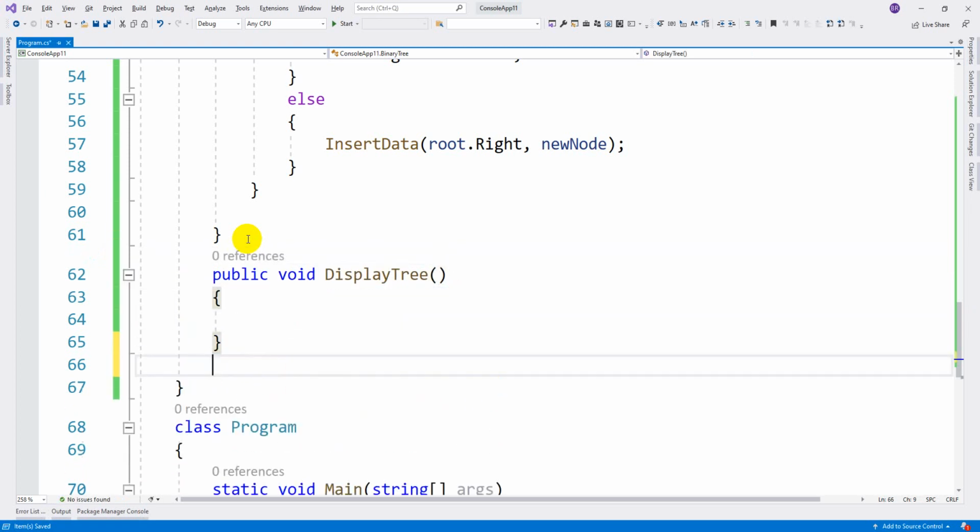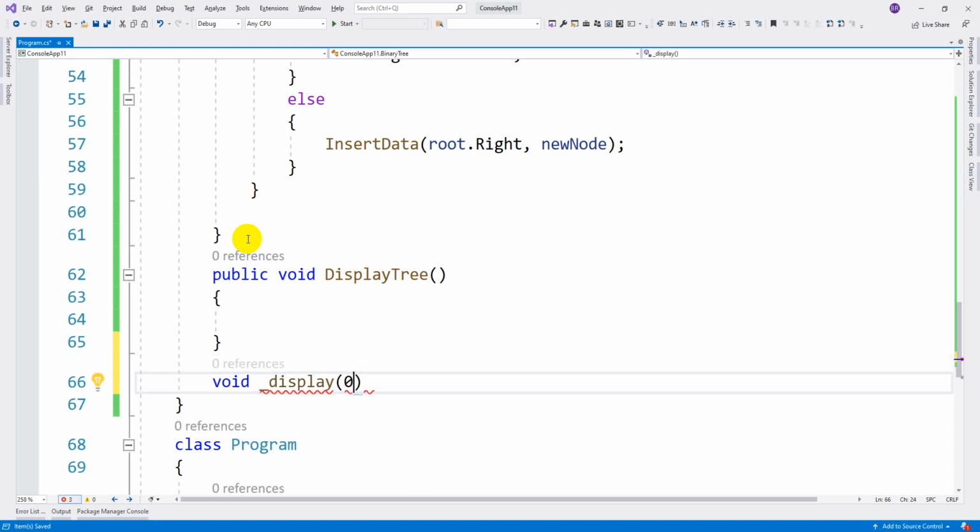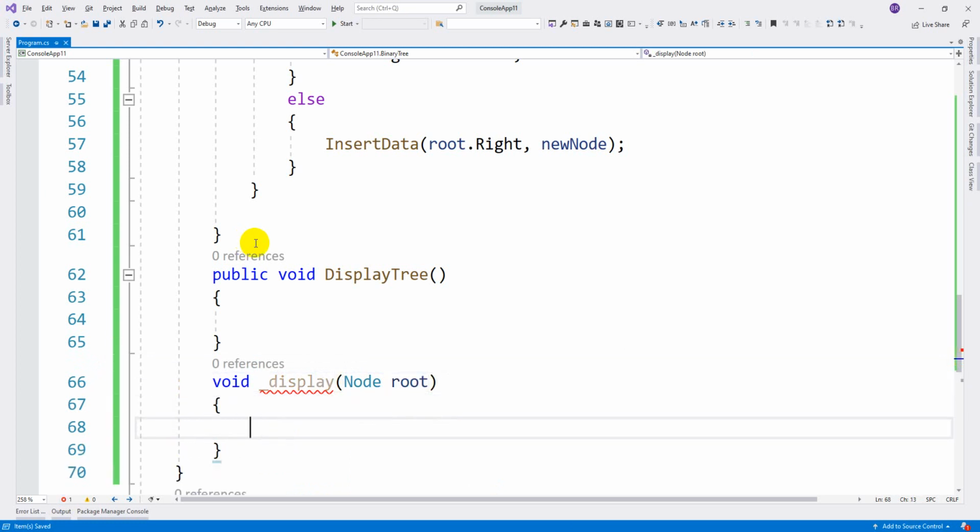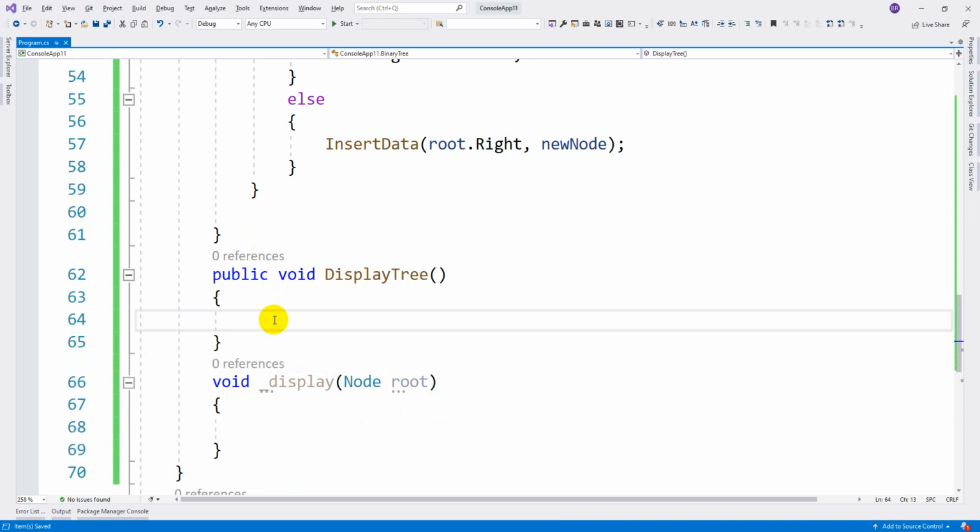For this we need one more recursive method, display, where you pass node root. Here you will call display of root.